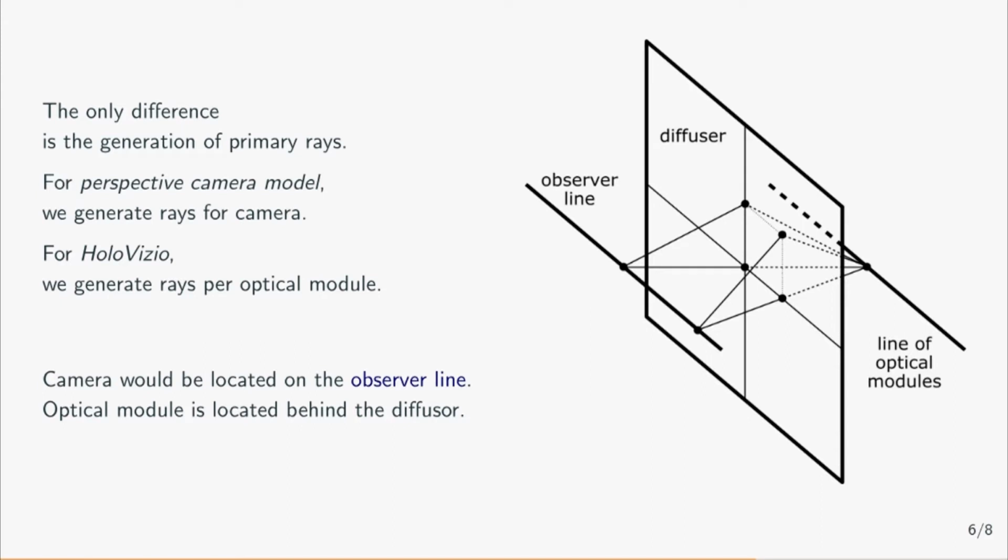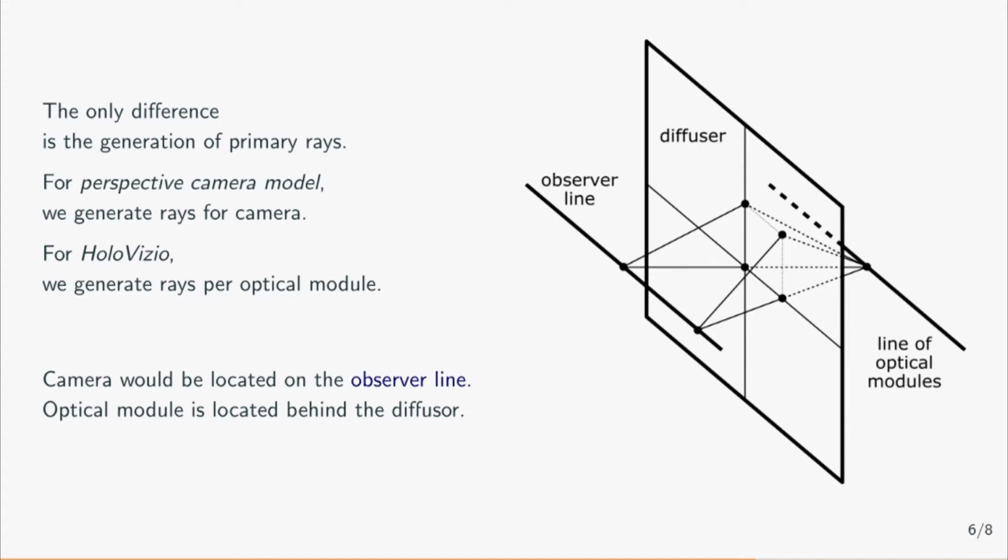Now let's talk about how to apply ray tracing for the HoloVizio case. Let us consider the simplest configuration of a HoloVizio light field display. This configuration can be parameterized in the following way. We represent the diffuser as a 2D plane. In the current parameterization, possible positions of the user are represented as an observer line. This line is located in front of the diffuser. Please keep in mind that in reality, the user can take any position in front of the diffuser. But we assume that the observer line is a line because this parameterization gives us enough information to construct the light field with horizontal parallax effect.